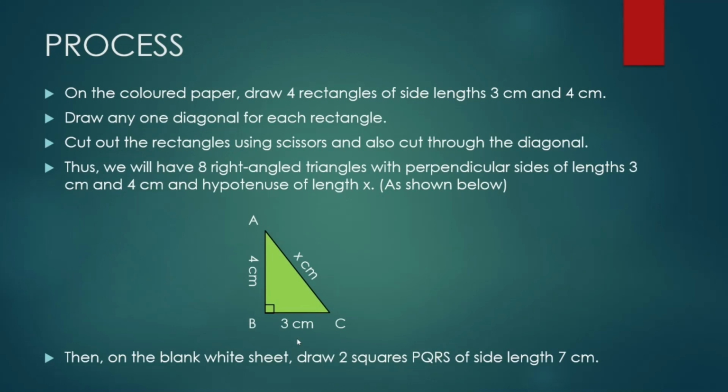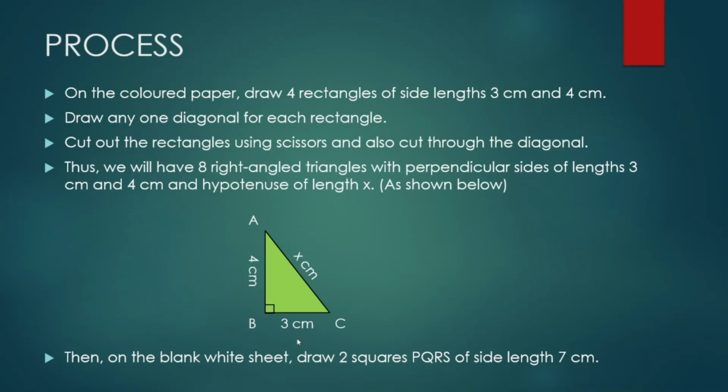On the colored paper, draw four rectangles, each having a length of 4 cm and a breadth of 3 cm. Draw any one diagonal for each rectangle. Cut out the rectangles using scissors and also cut through the diagonal. Thus, we will have 8 right angled triangles with perpendicular sides of length 3 cm and 4 cm and a